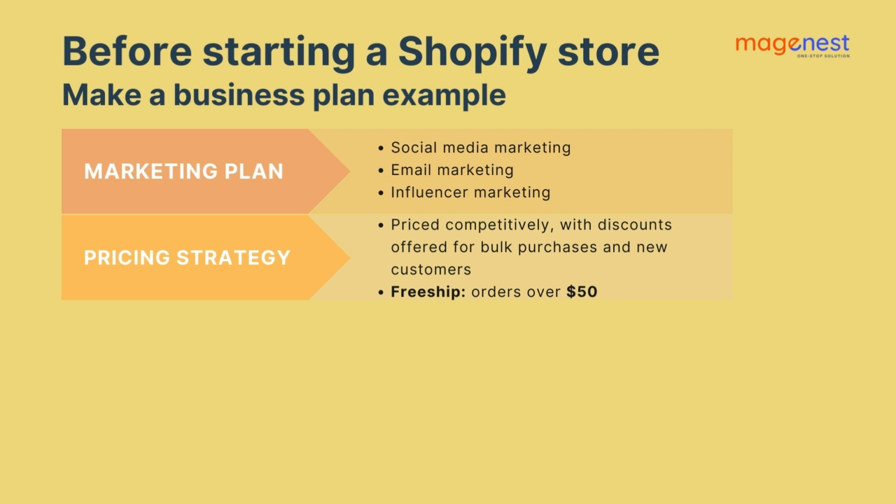Our products will be priced competitively with discount offers for bundle purchases and new customers. And I think this is a good idea to offer free shipping for orders over a certain amount. Here, we provide free shipping for orders that are above $50,